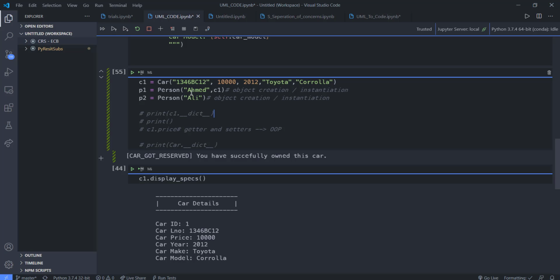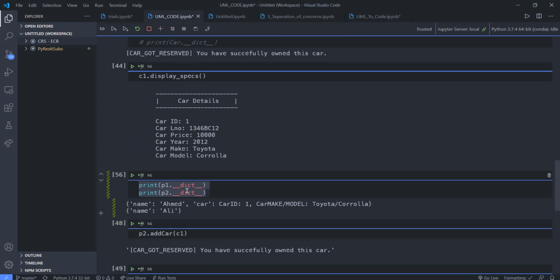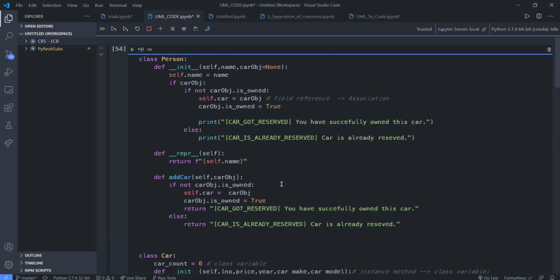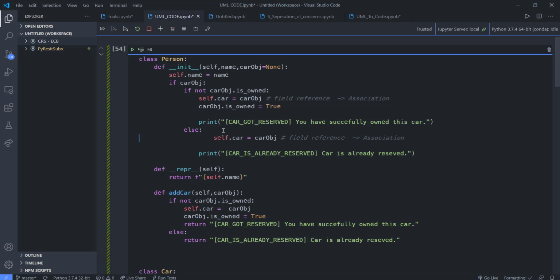Alright, so it's telling me that this person has already reserved the first car successfully. So if I check Ahmed, you're gonna see that Ahmed has this car right there, right? And maybe we can say that else we would just assign this to none. Maybe someone, whenever he creates a record for himself, does not want to get a car assigned to him, right? So just assign this into